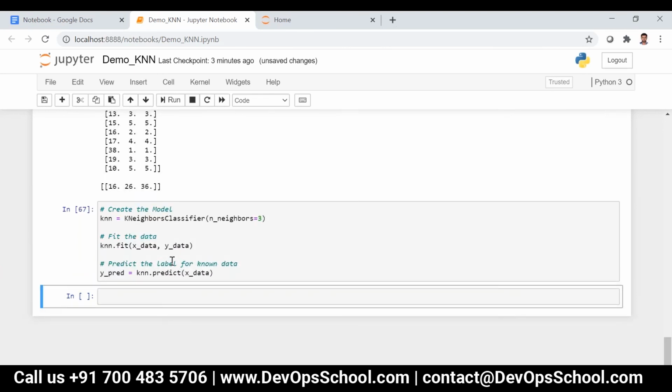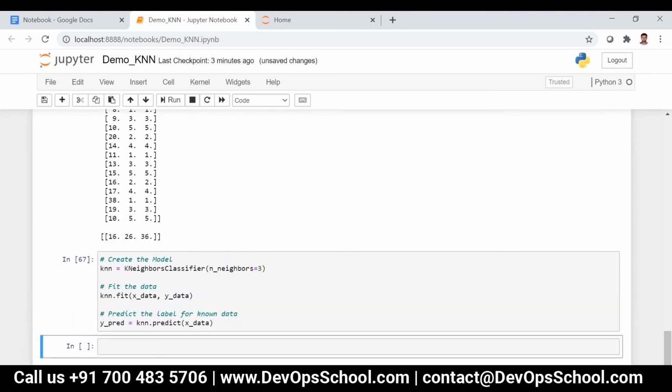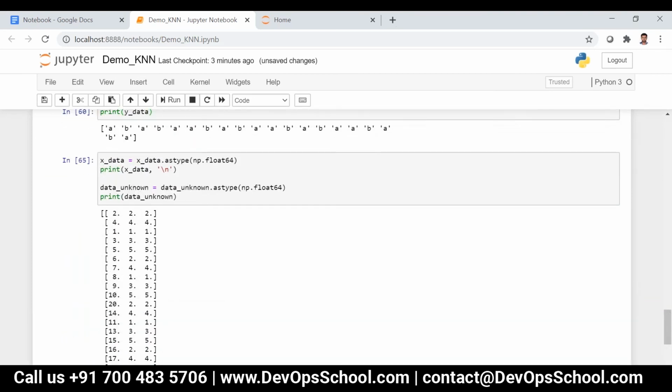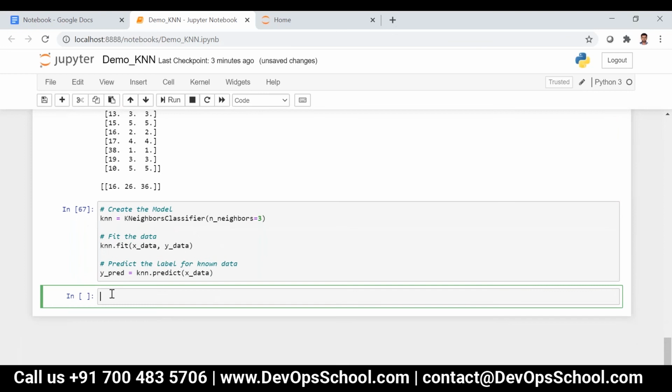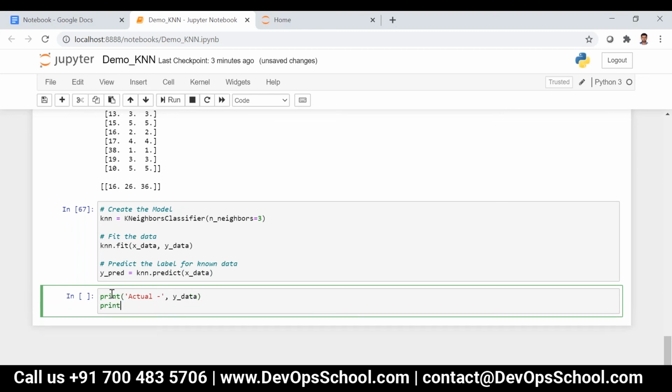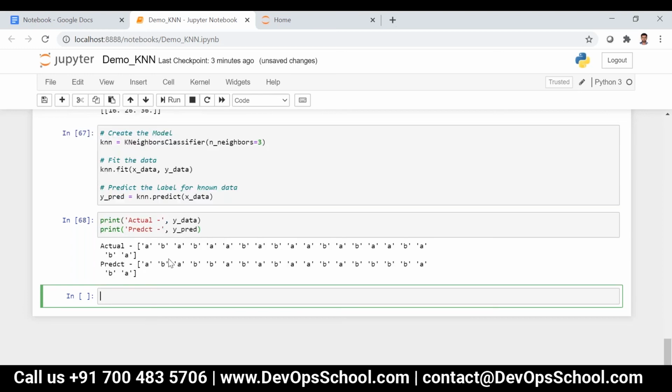Now we are not getting any warnings at all because it has been converted. Then I'm just printing the actual, which is y_data, and the predicted, which is y_predict. Now you can see this is actual and this is predicted.